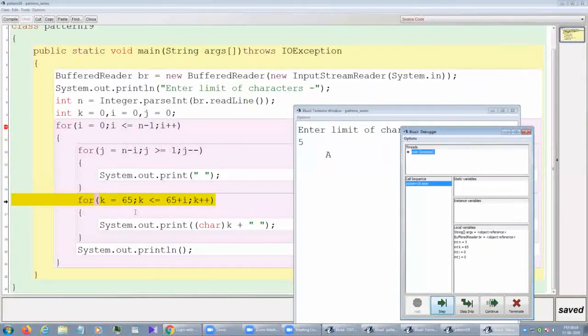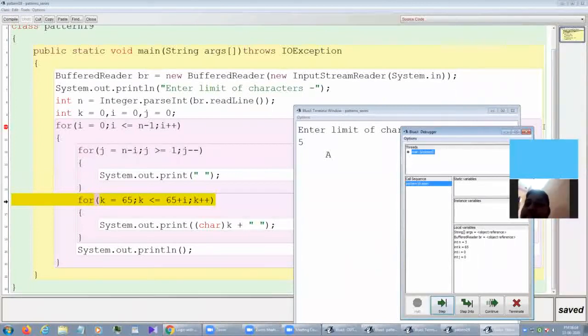I request everyone, please turn off your audio. Abhishek. Now the value of k became 66. Condition is not satisfied. Abhishek, can you hear me, or I'll throw you out of the class?